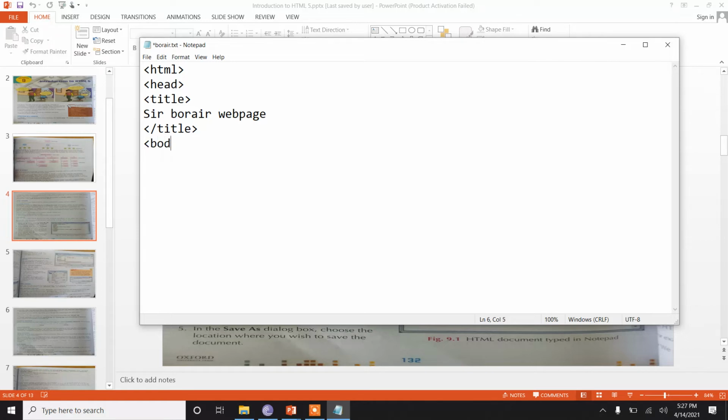So I start the tag body. These are called HTML tags, like body, like title, like head, like HTML. These codes make a website or web page, like blocks make a building. In the same way, HTML tags make a web page. Okay, this is my first web page, and I close the body tag by slash and body angular bracket close,